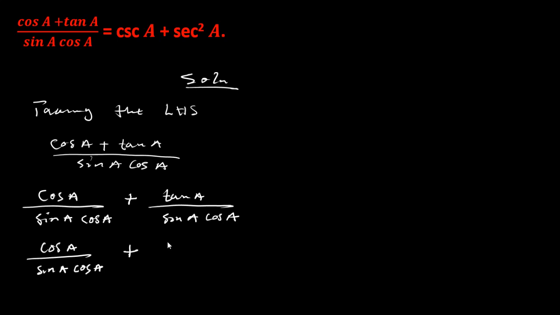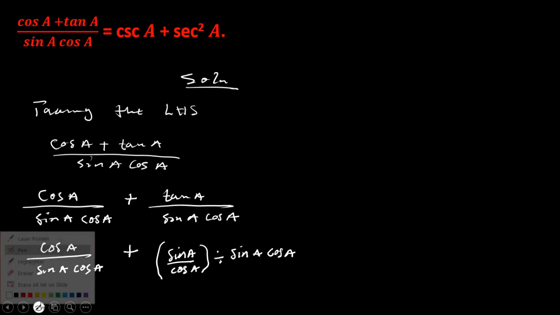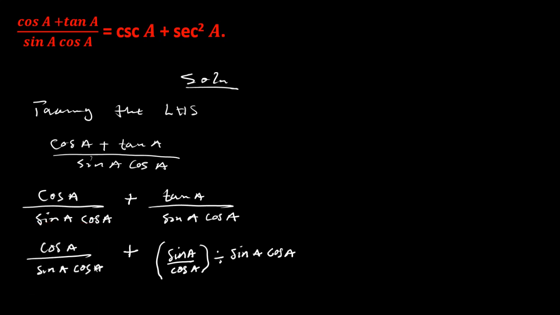Then we say plus, this can be written as sin A over cos A, and then divide by sin A cos A. Remember this is division. So after we express this expression, we need to note that something can be done for the first part, whereby this one and that one can go. So when this one and that one go, we need to expect something like 1 over